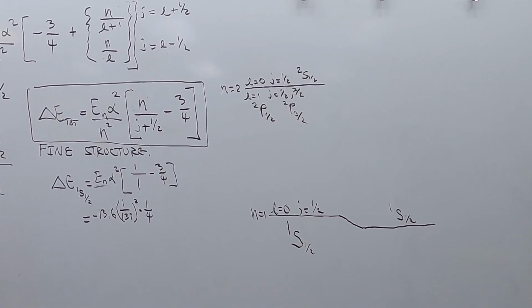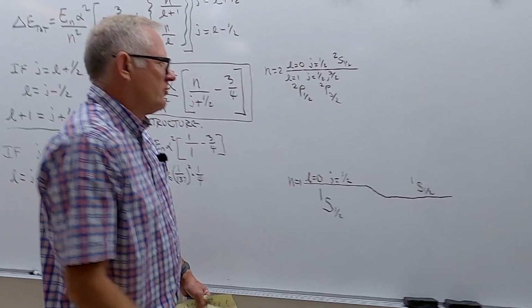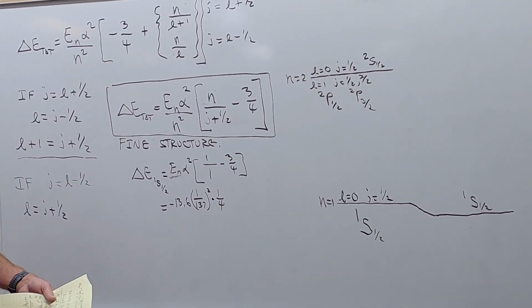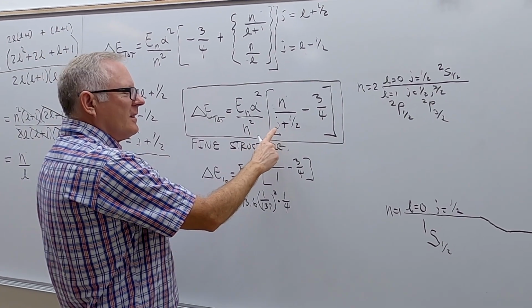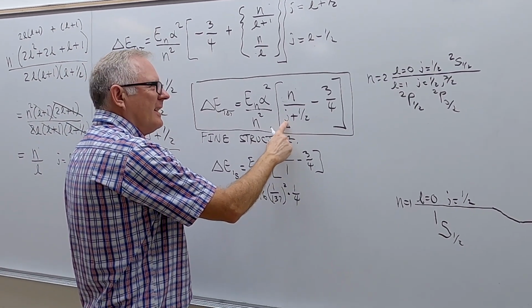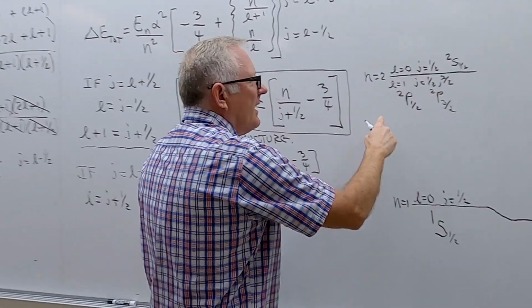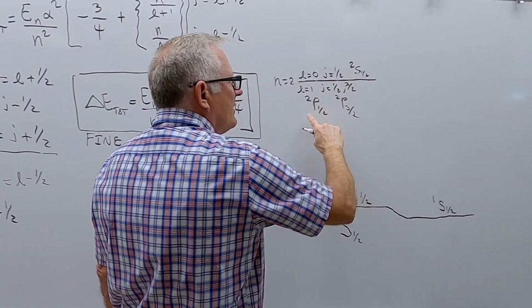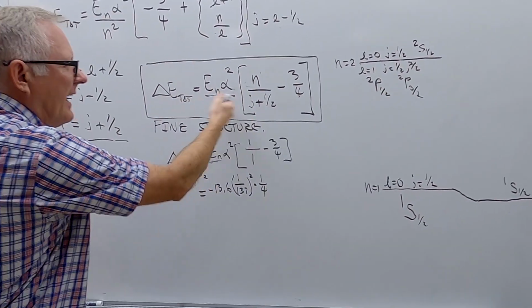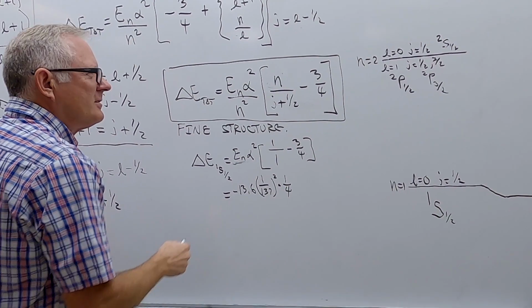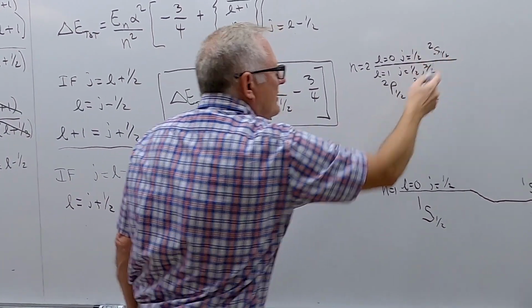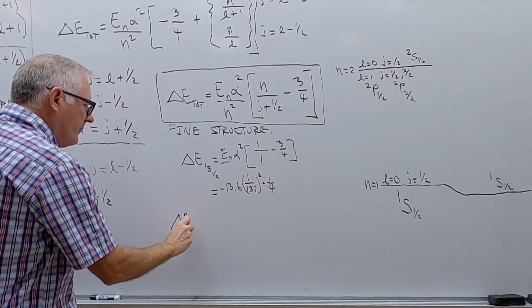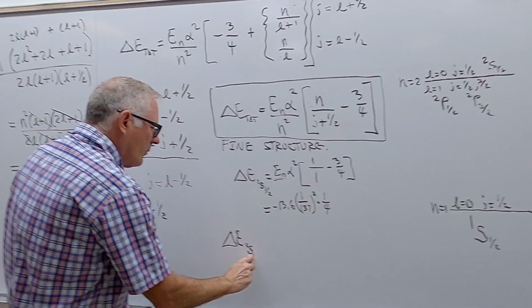Now, we would have said they were all the same energy before the fine structure. They would have all been right on top of each other, but the fine structure is going to shift some more than others. Well, it looks like it only depends on J and N. And so it looks like these two states are going to both separate the same amount because there's no L over here, and that's the only one that separated those out. So let's look at the 2s 1/2. So for delta E for the 2s 1/2,